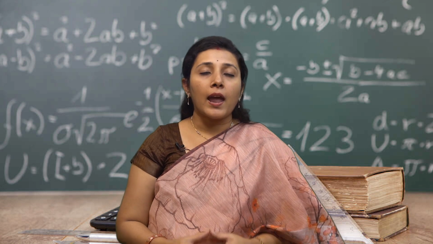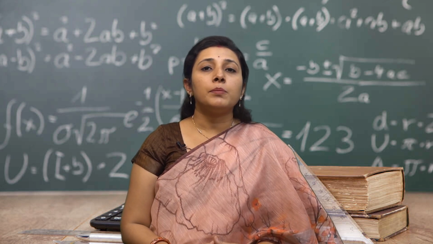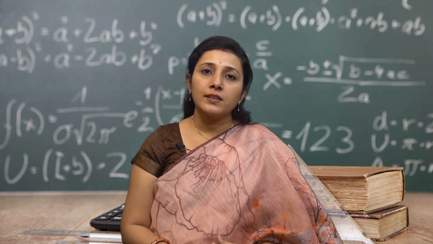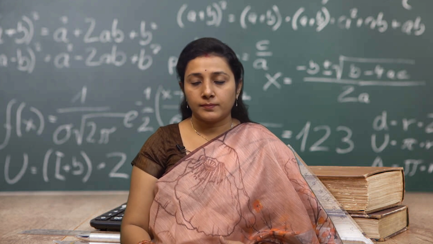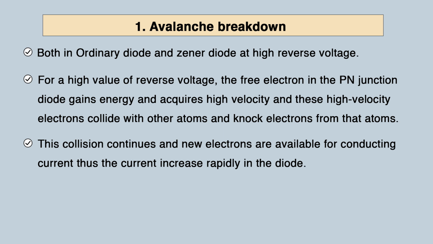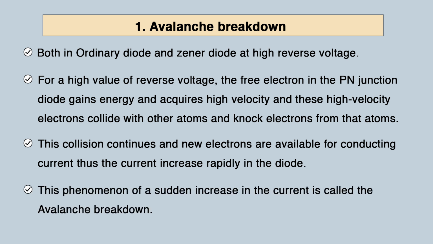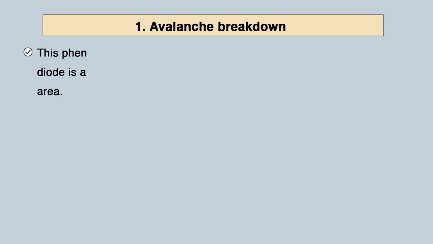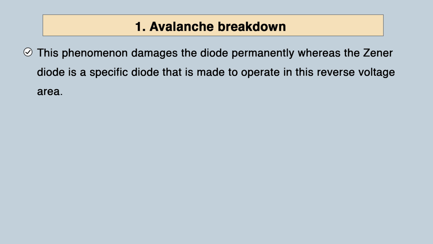This causes avalanche breakdown in the device and the device is damaged permanently. These collisions continue and new electrons are available for conducting the current. Thus, the current increases rapidly in the diode. This phenomenon of a sudden increase in the current is known as avalanche breakdown. The avalanche breakdown damages the devices permanently, whereas Zener diode is a specific diode that is made to operate in